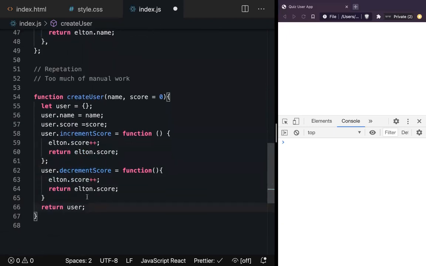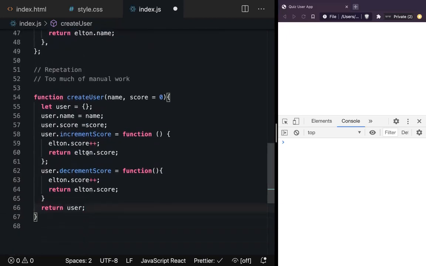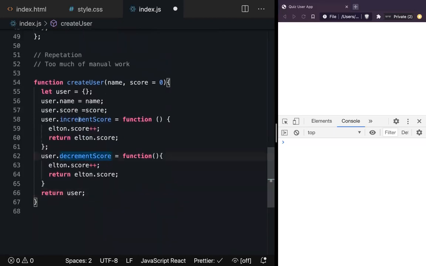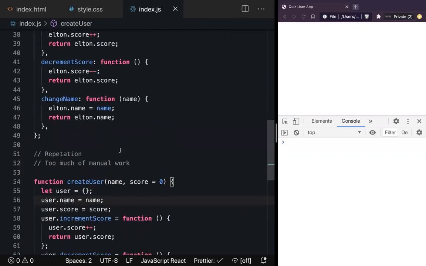We'll not be adding changeName right now, because if the function gets bigger, it will not be visible on the screen, so it's better to just keep it simple. Now let's look at this function. Here, instead of Elton, what will I do? We need to change this because the variable is changing. User. Perfect, simple. It will be user.this.